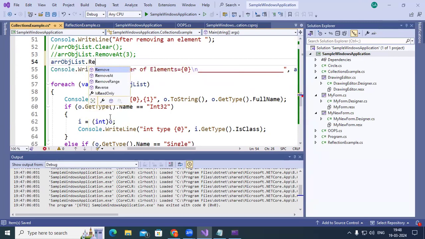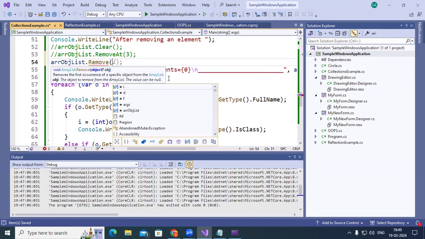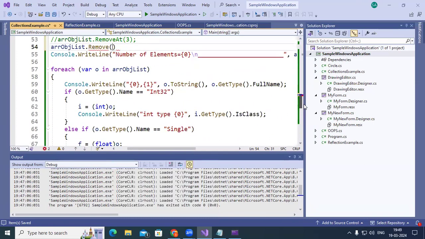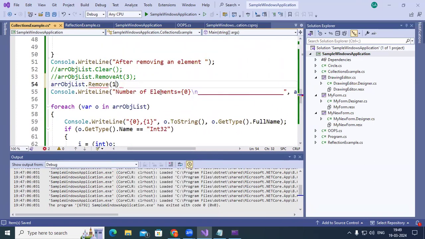I can use here remove, then followed by the value I had in that case, 100.45F. Okay, so here I put 100.45F. This I would like to remove from the